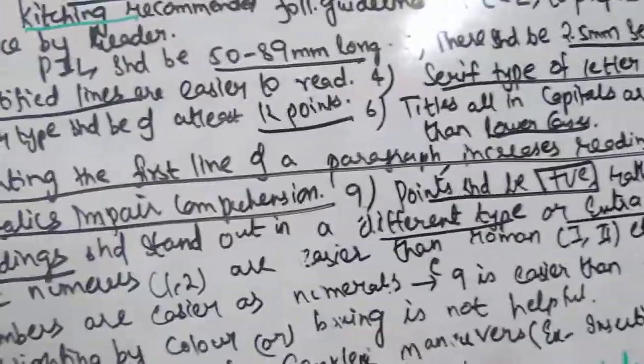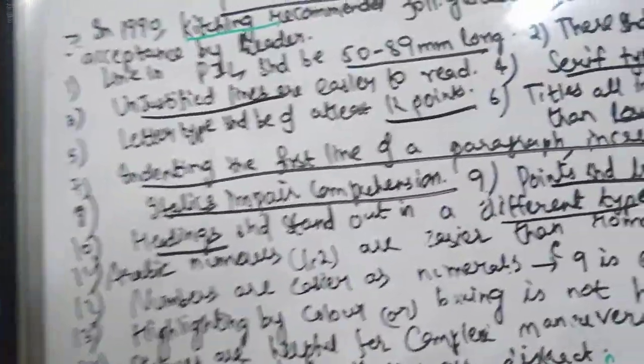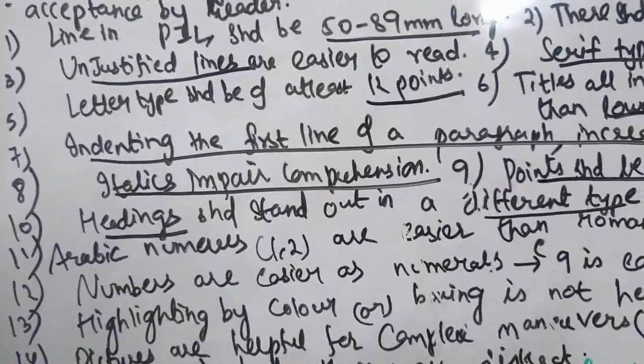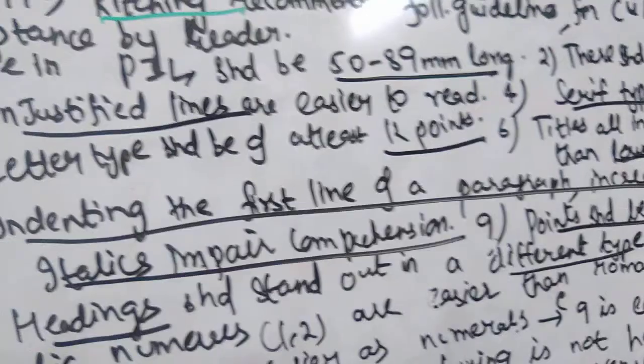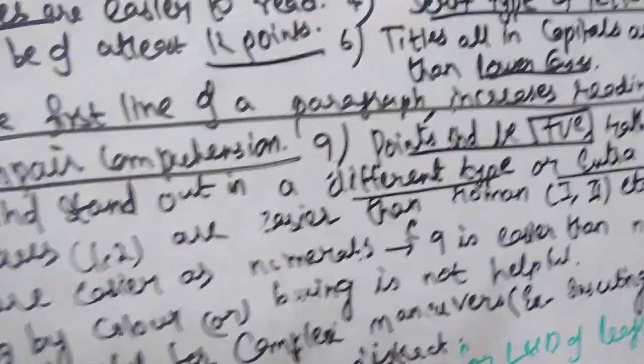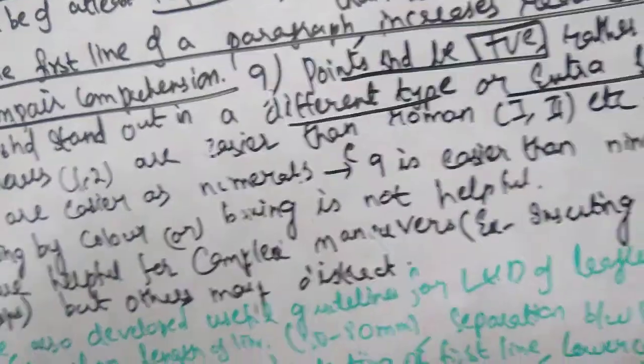If you just incorporate that in the normal paragraph, you cannot read it differently, you cannot understand what the heading is. Like we see in the textbook, the heading is given in one color, and the content is given in the next paragraph in another color. So the heading should stand out in a different type or in an extra space.